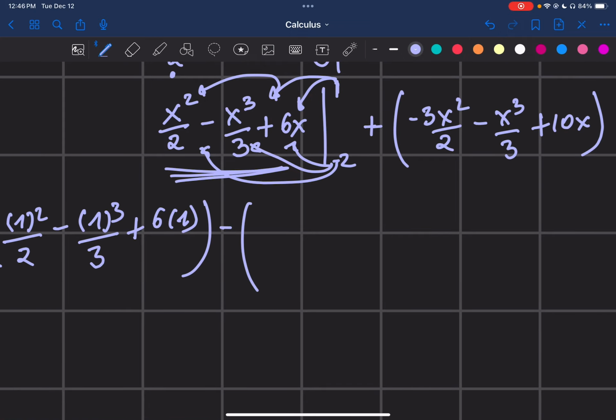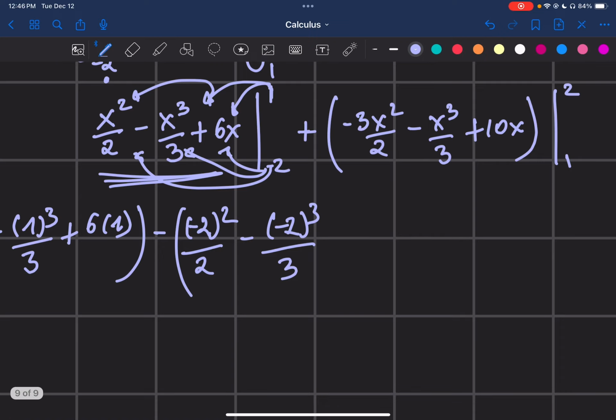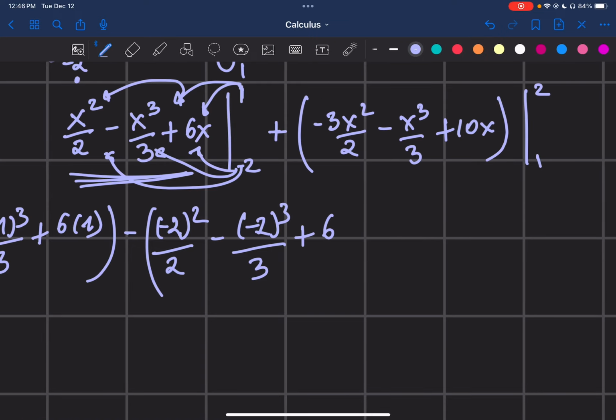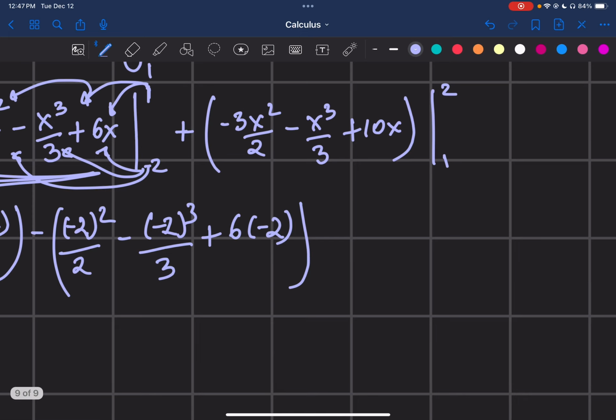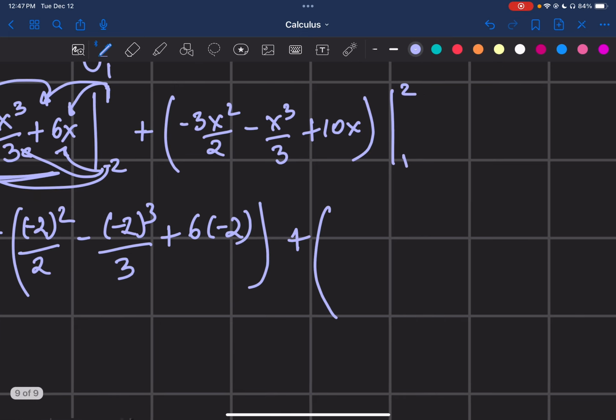Minus, it's -2, right? Okay, -2 squared over 2 minus -2 cubed over 3. Please be careful with those numbers because they can actually be confusing. So here, always double checking, is everything okay? Sure. And on the other side, I have